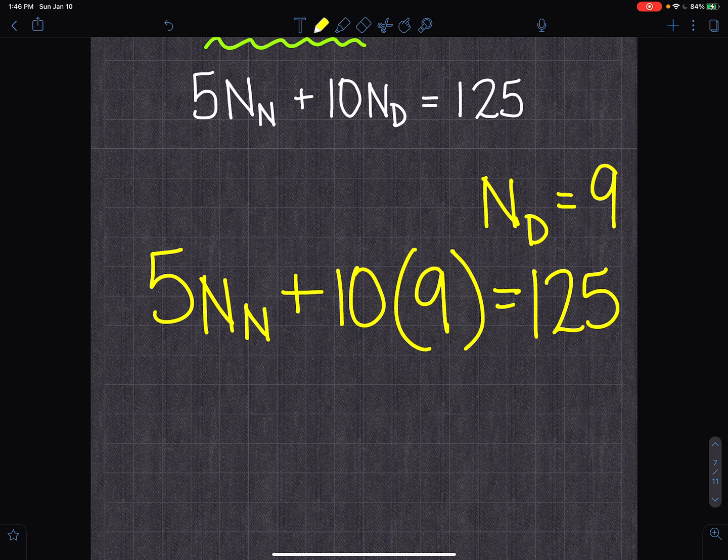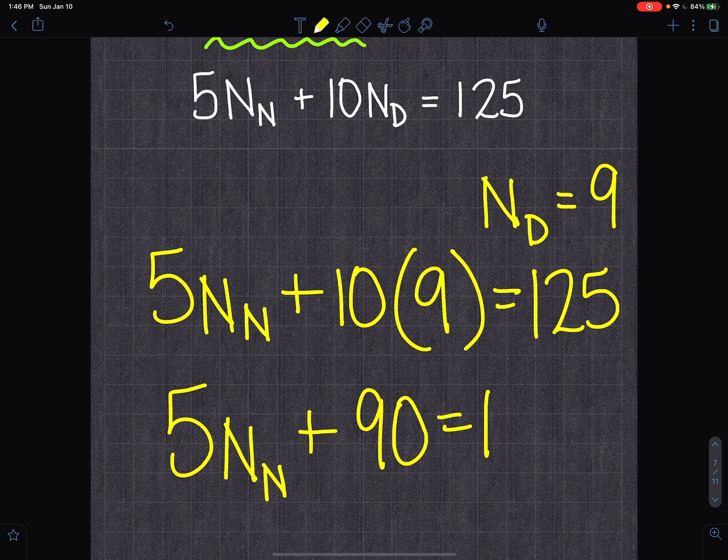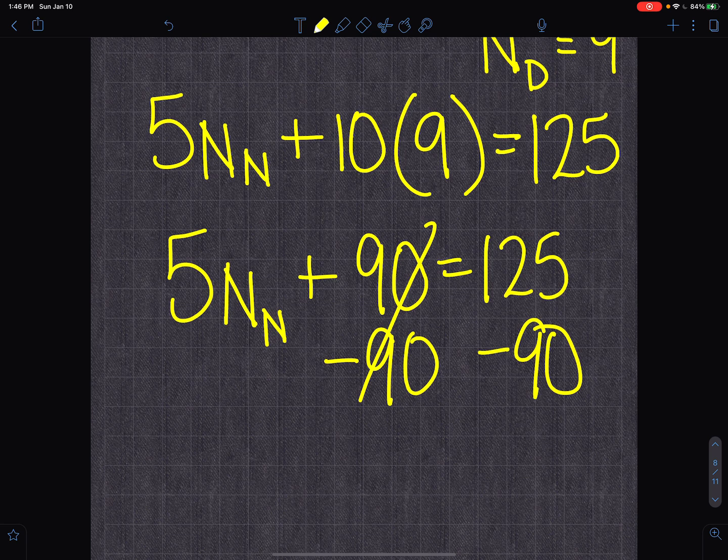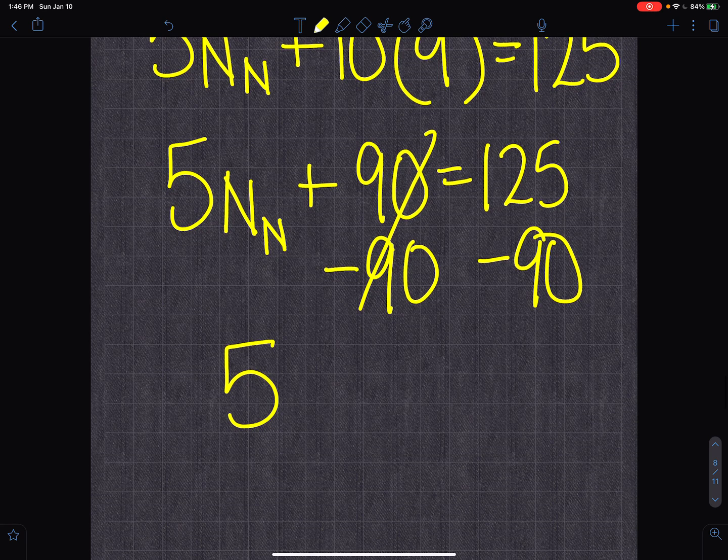Now let's just solve it. 5nn plus 90 equals 125. Subtract 90 from both sides. That cancels out. 5nn equals 125 minus 90, which is going to be what